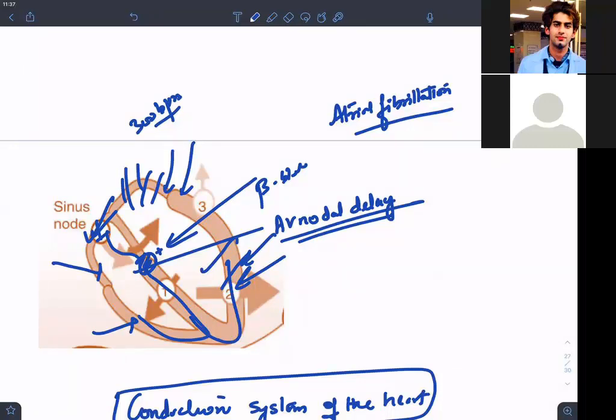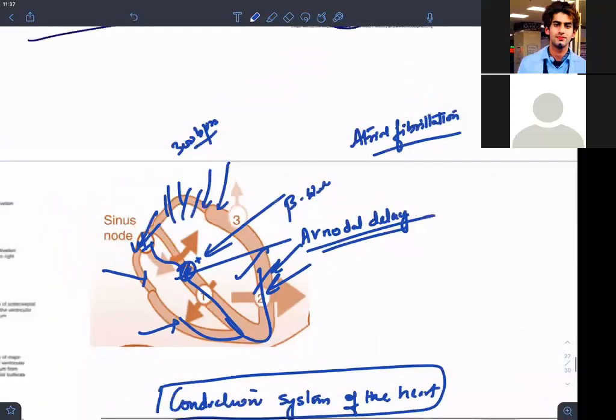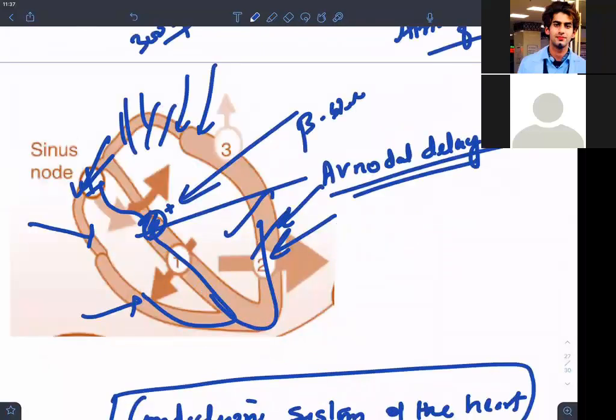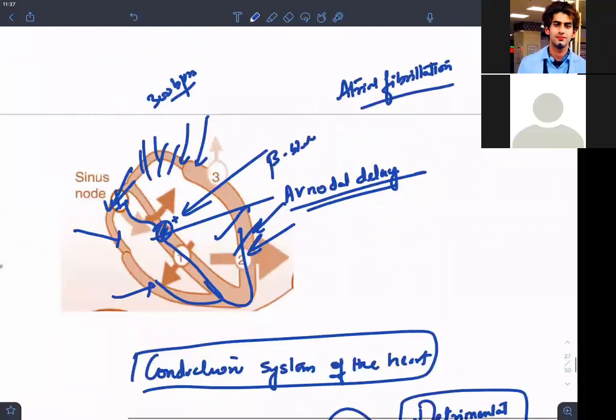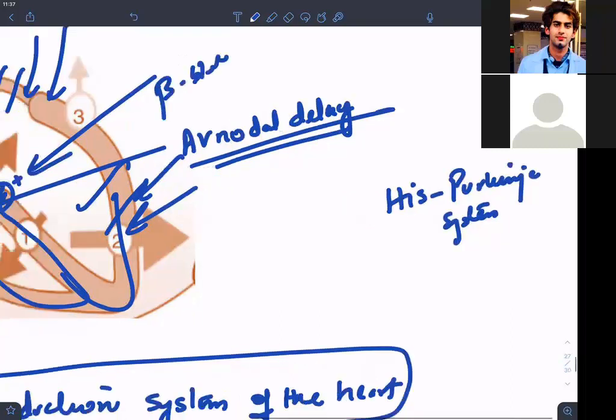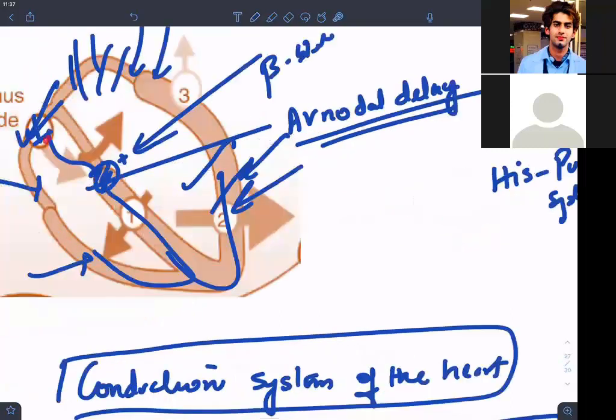Okay. And you also know that we have another conduction system. This was all about the SA and AV node. We have the rapid conduction system happening in the ventricles, isn't it? Do you know which place the rapid conduction happens? The Purkinje system. That is called the His-Purkinje system. The His-Purkinje system is very fast. If a thing comes from here, it comes here fast. Here it will give a delay and then fast.